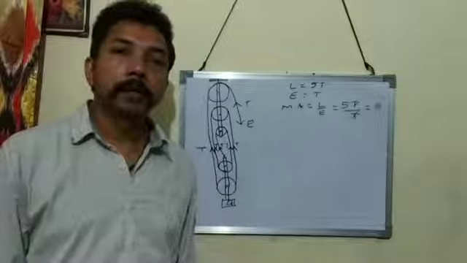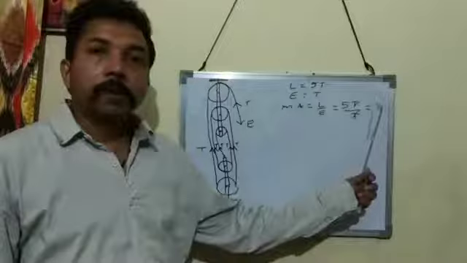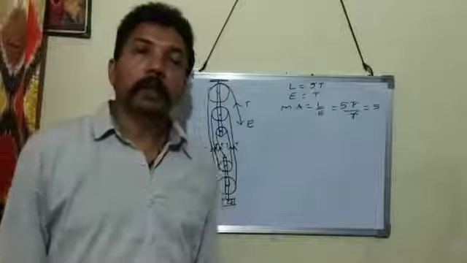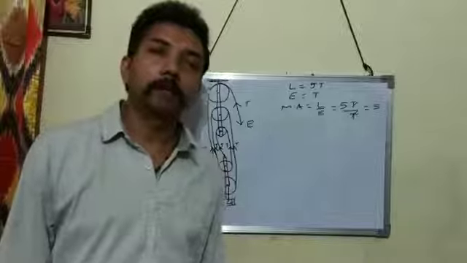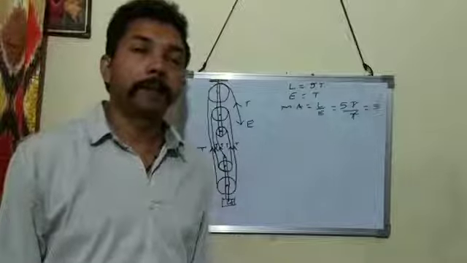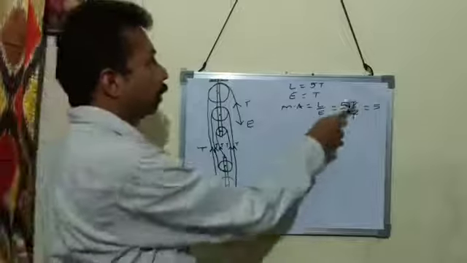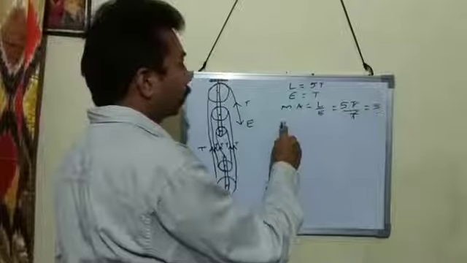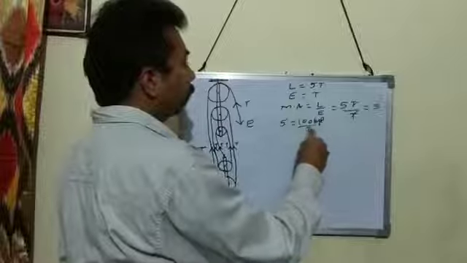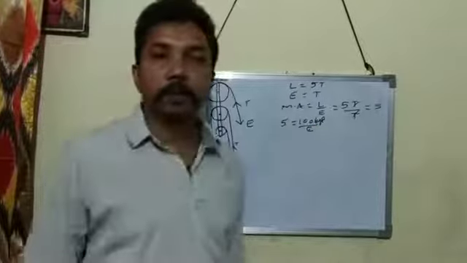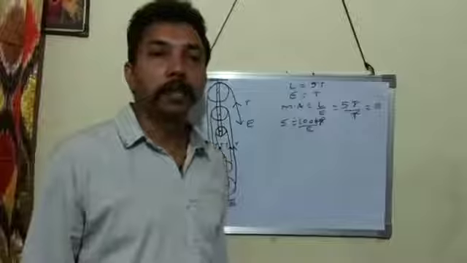Then suppose that by using a block and tackle system of 5 pulleys, you have to lift a load of 100 kg. Then how much effort is to be applied? You can just substitute the values in the formula. Mechanical advantage 5, load is 100 kg. Then on calculation, effort is equal to 20 kgf.